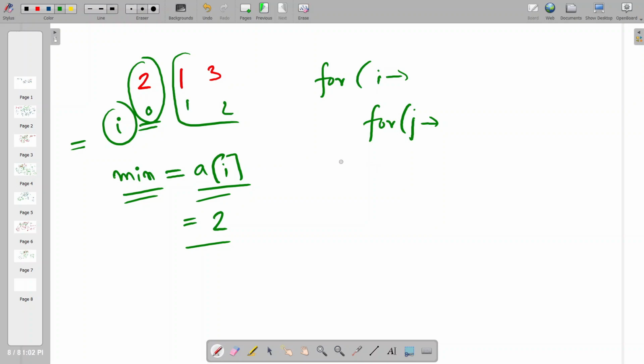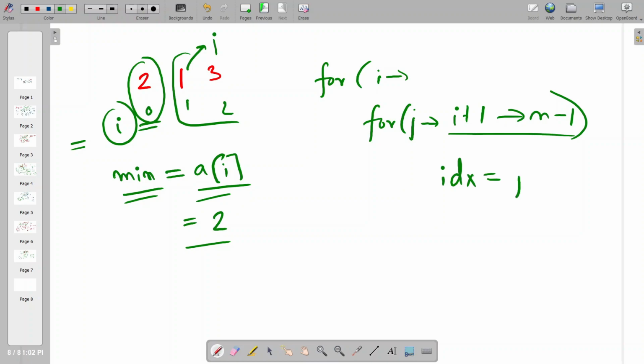That's why I start j from the right-hand side, that means from i plus 1, and I go up to size minus 1, the maximum possible index that I can go. I go with j. Suppose j is here, I check whether that element is smaller than minimum. If it is smaller than minimum, I note its index. Suppose I have a variable idx that stores the index. I note that value.